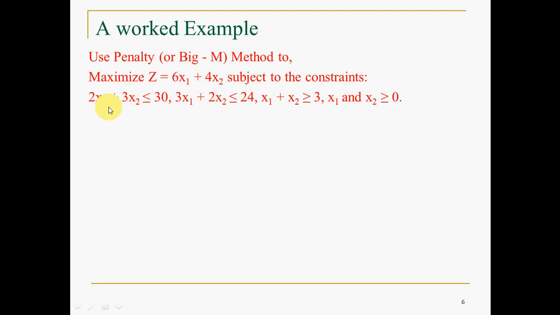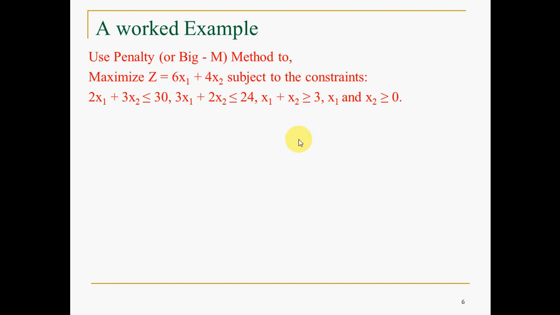Now coming to the constraints, the first two are lesser than or equal type, but this one is greater than or equal. If the constraints were only lesser than or equal, you would only add slack variables, and the plain simplex method was applicable for such problems. But here you have both lesser than or equal and greater than or equal. Whenever a constraint is lesser than or equal, we add a slack variable to count that as an equation. Whereas whenever it is greater than or equal type,